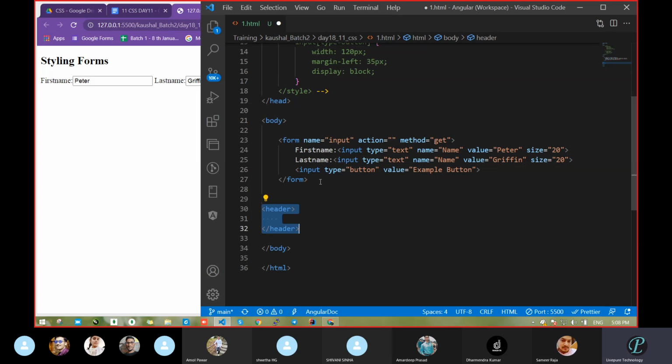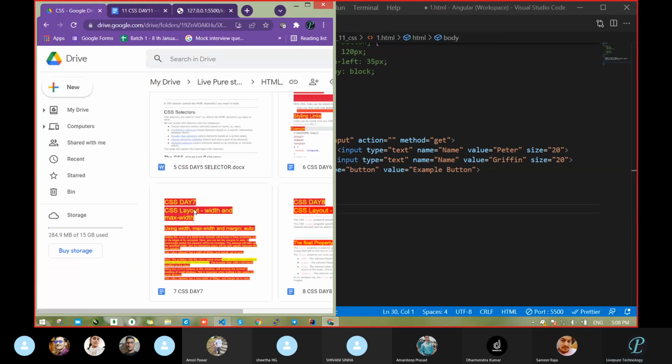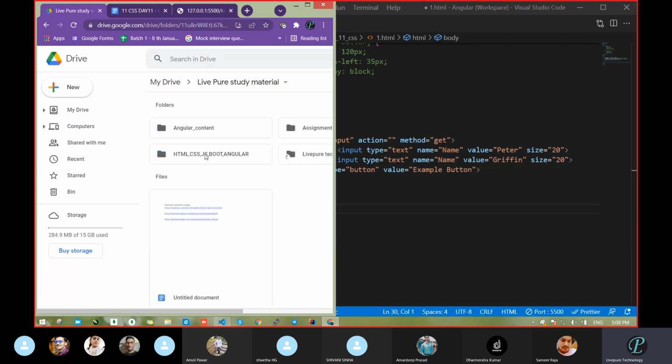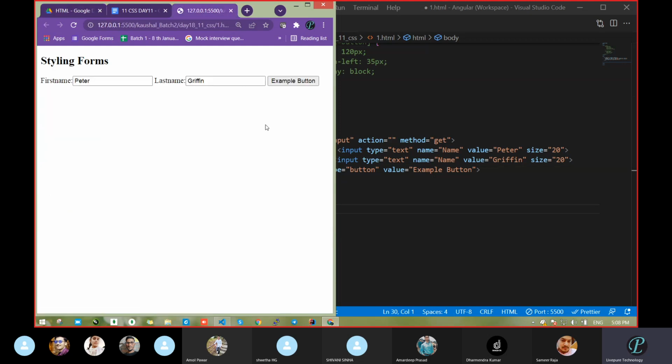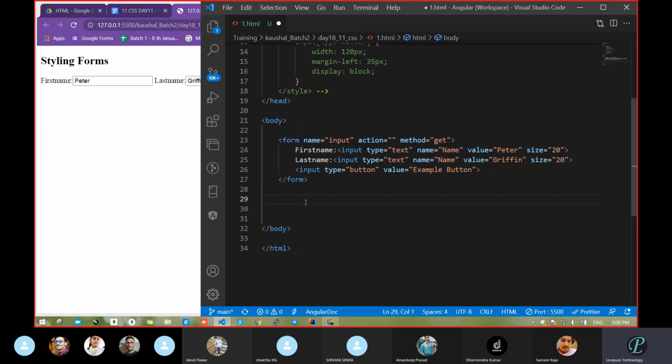Okay, semantic and non-semantic are two terms, and they are available in the HTML last document. That's why I told you to go through the video, then you will get more and more idea regarding that. Semantic means senseful, meaningful. Suppose we write H1, are you getting any sense from this? Can any normal person get anything from this? No.